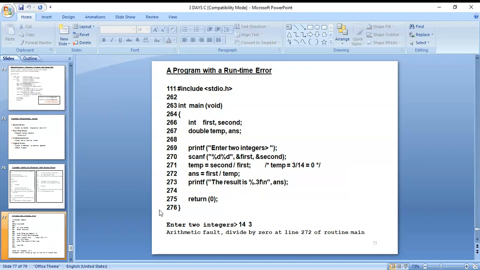Next, printf "Enter two integers" and scanf %d with &first, &second. Then temp is equal to second divided by first, and answer is first divided by temp. Enter two integers: 14 and 3. Arithmetic fault, divide by 0 at line 272 of the routine.